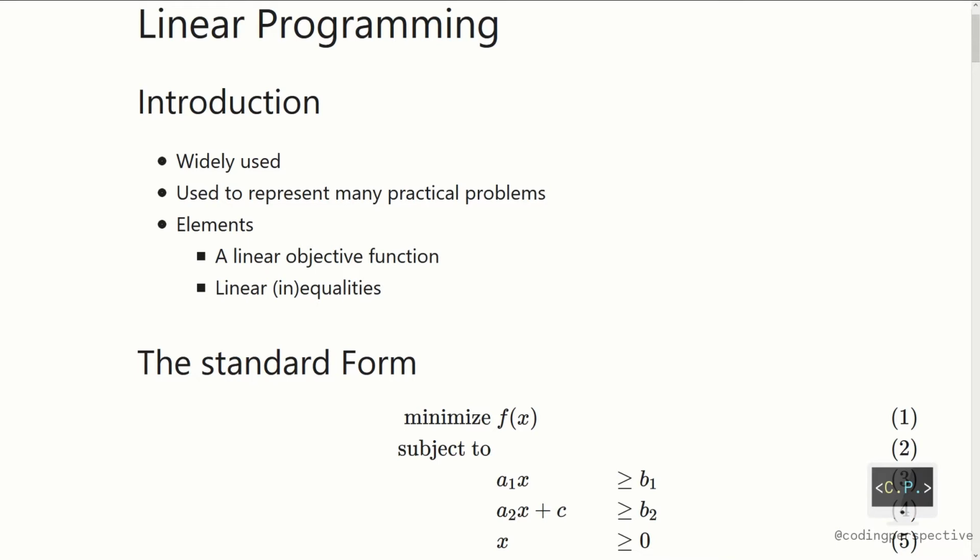Let me introduce the standard form of it. The standard form is the usual and most intuitive form of describing a linear programming problem. It consists of the following parts: a linear function to be minimized or maximized, and the problem constraints of the following form. Other forms, such as maximization problems, problems with constraints on alternative forms, as well as problems involving negative variables, can always be rewritten into an equivalent problem in the standard form.